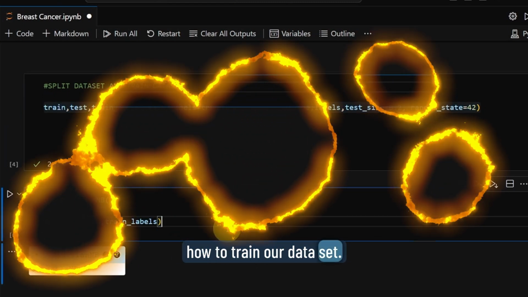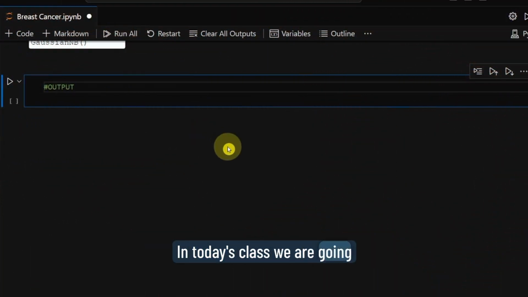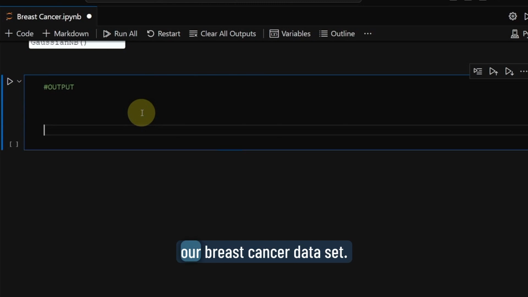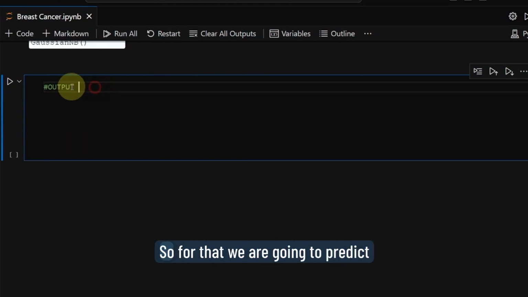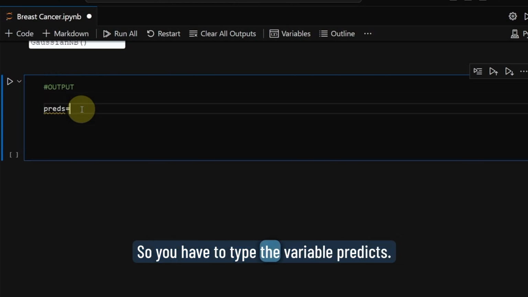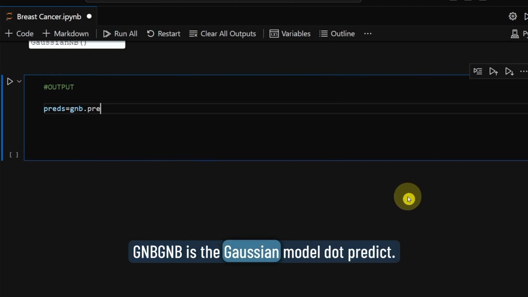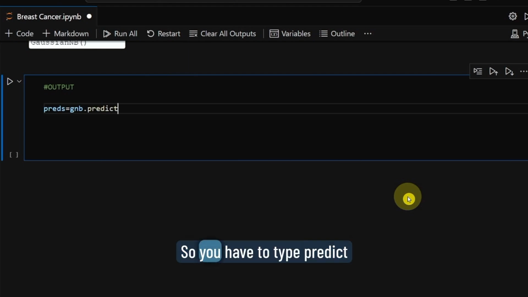Welcome everyone to the final class. In today's class, we are going to discuss the output for our breast cancer data set. For that, we are going to predict our values based on the previously trained model. So you have to type the variable predicts. Predicts is nothing but prediction. GNB is the Gaussian model dot predict. So you have to type predict